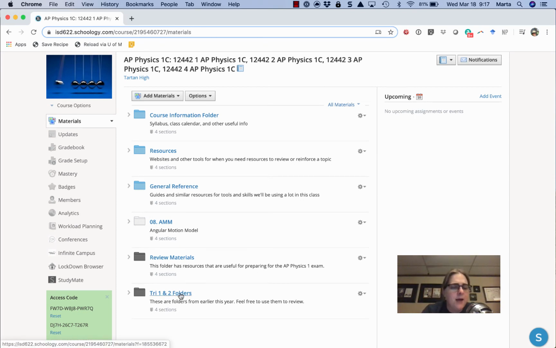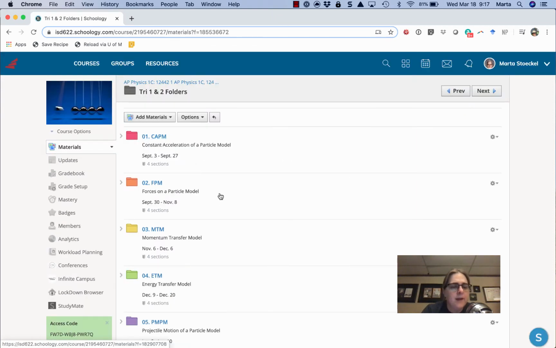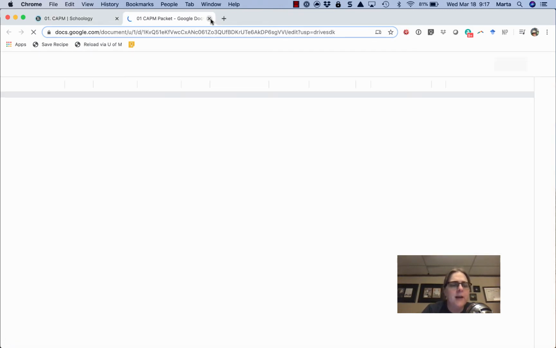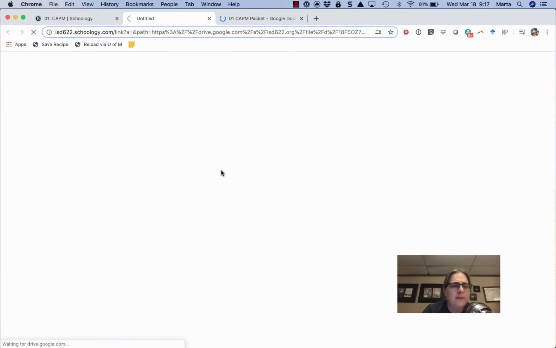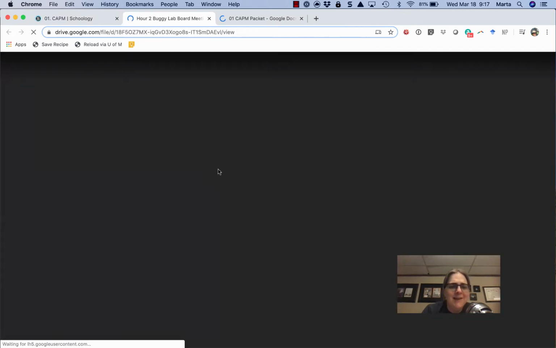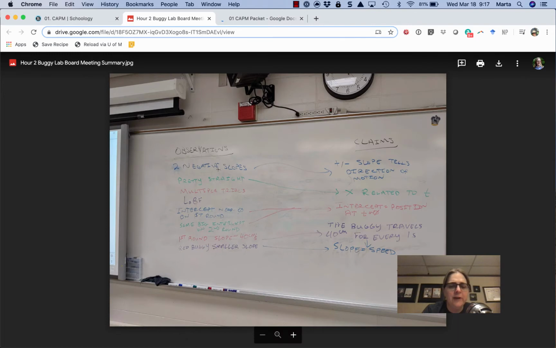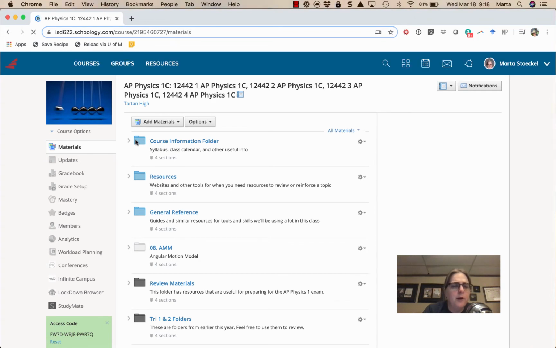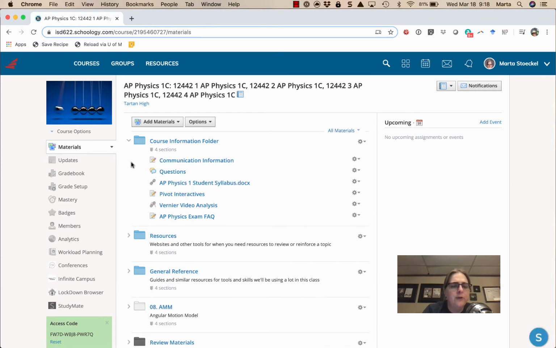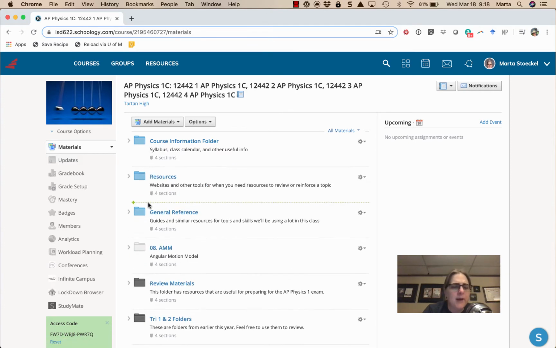So first up, on the main page, I've got this folder that is Try 1 and 2 folders. If you go in here, you should find everything that I posted to Schoology so far this year. So you can find old packets, you can find board meeting summaries, anything that I posted to Schoology this year should be in these folders. If there is something that you remember being posted that you can't find, please feel free to either email me or post to this questions forum that's in the course information folder, and I should be able to find it